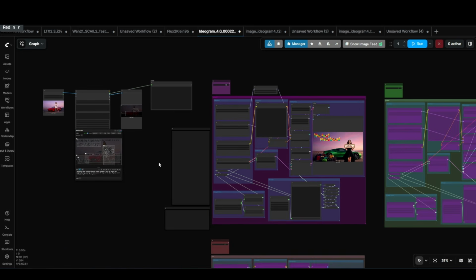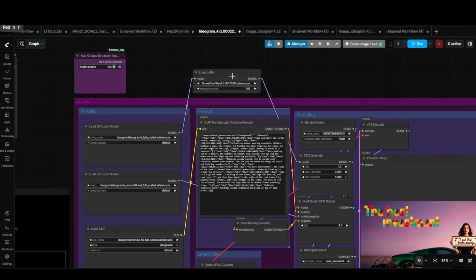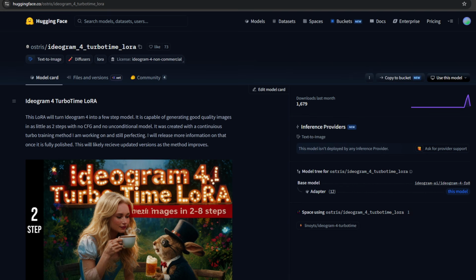This is the KJ node. This is my adjusted workflow. This is my edit Lora, which I'm not using. I should not have this on because it's not going to work. I added the Lora loader because Ostris made a pretty good Lora that makes the whole thing possible to work